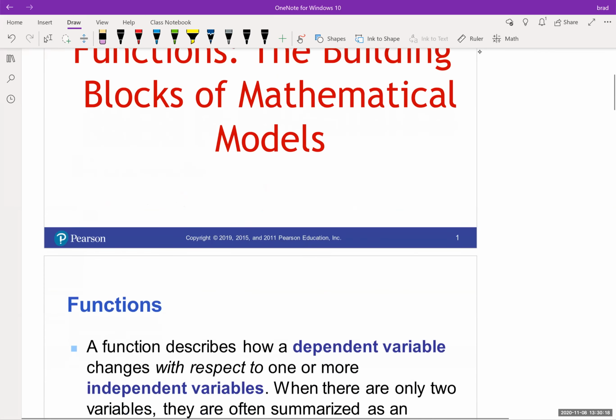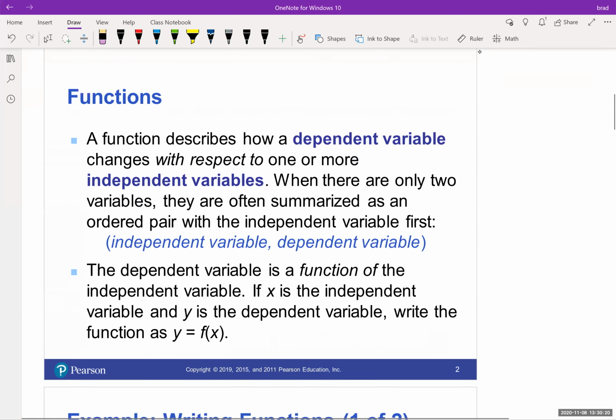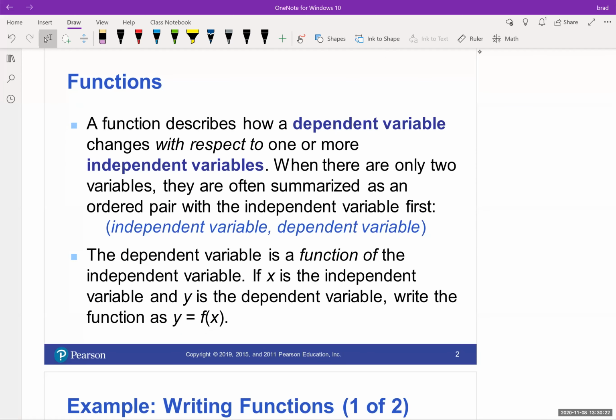So let's get started. A few things to keep in mind. Functions describe how a dependent variable changes with respect to one or more independent variables. When there are only two variables, they are often summarized as an ordered pair with the independent variable first. And you guys are used to this when we do a graph, right? We have, oops, that's a pretty bad graph. When we do a graph,